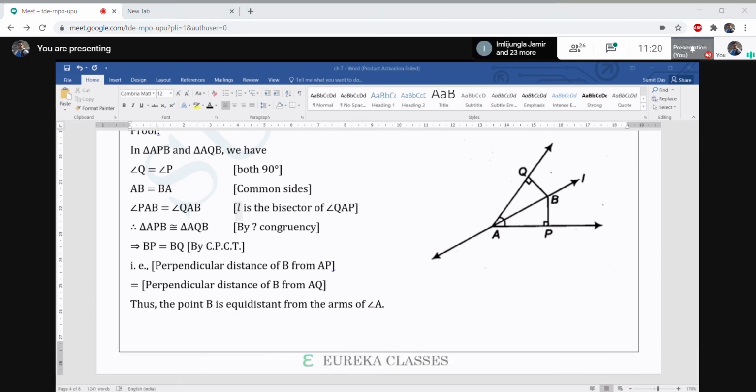AAS, not ASA. Why? Because look, these two angles are equal, but not the included side. Am I clear? Angle Q and angle QAB are equal, but QA is not the side taken. We are taking AB as equal, so this is AAS. There is a difference between AAS and ASA: in ASA, the side is included in between the angles. So if these two triangles are congruent, we can say BP equal to BQ,